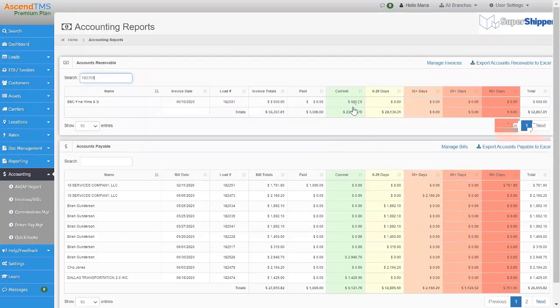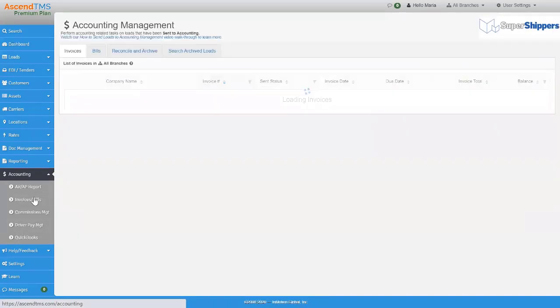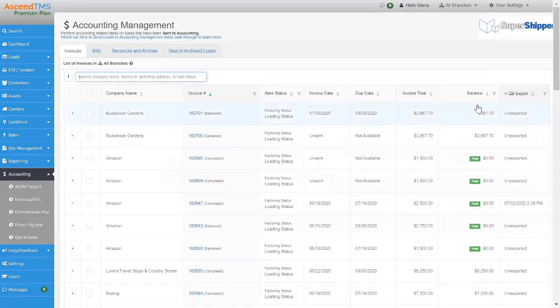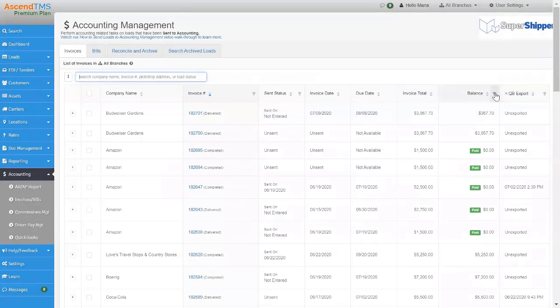this remaining balance, that 367.70, is going to stay on my aging report and it will age as the time goes on. So you'll be able to see that they still owe you money. So your aging report will help you keep track of those things. Also, filters in here. Okay, you can sort the balance column. You can filter to balance outstanding.